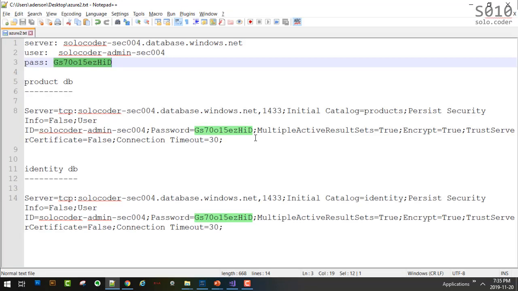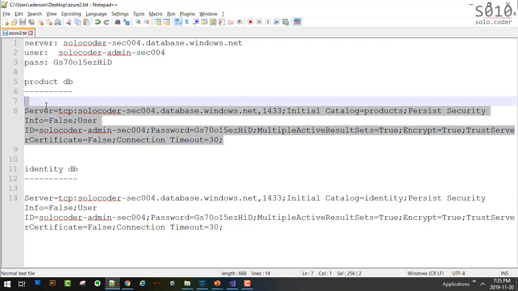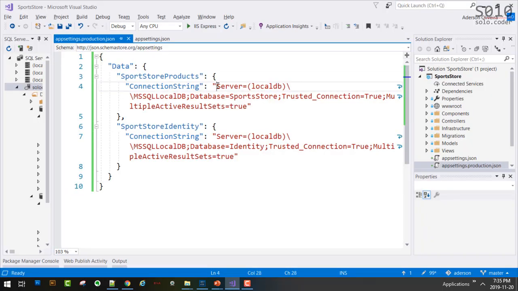So for product, this is the one. Remember, don't break the line. This is one single line that I'm breaking here so that you can see it better visually. And I'm going to replace the connection string. Again, very, very easy to mess this up. If you are having a problem with your deployments, the first thing you need to check is, do I have the right information?